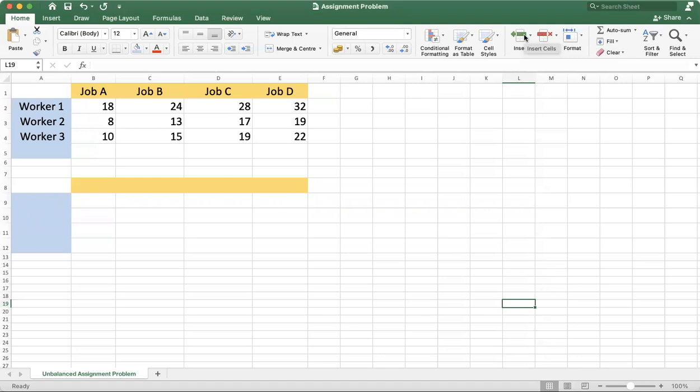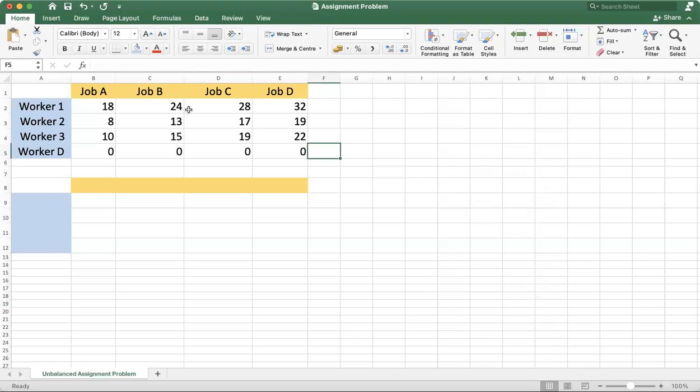So to deal with such an unbalanced assignment problem, we need to balance it first. We do this by adding a dummy row or column. If jobs are fewer, then we can add a dummy job. But in this case, the number of workers is 3 and the number of jobs is 4, so we will add one dummy worker and put in all these values. All these values indicate the number of hours taken by workers to complete different jobs. For example, here 24 represents that worker 1 takes 24 hours to complete job 1.